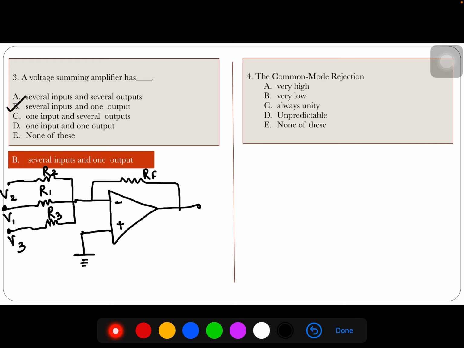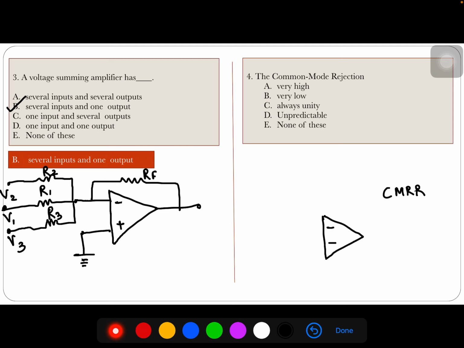Next question, common mode rejection. Basically, this is CMRR, the common mode rejection ratio. This term comes because every op-amp has a tendency to reject the common signals and to amplify the different signals to the maximum. So when you apply an identical signal at both the inputs of the op-amp, its tendency will be to reject it because it will not amplify those signals. But if you apply different signals at the inputs of the op-amp, its tendency will be to amplify them.